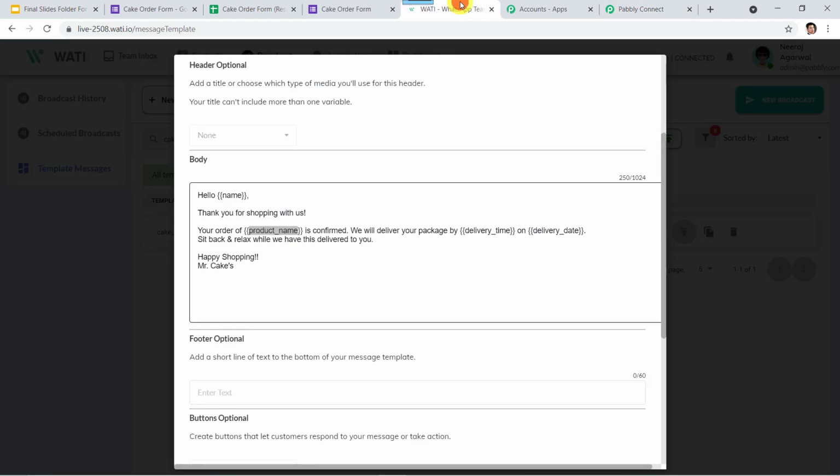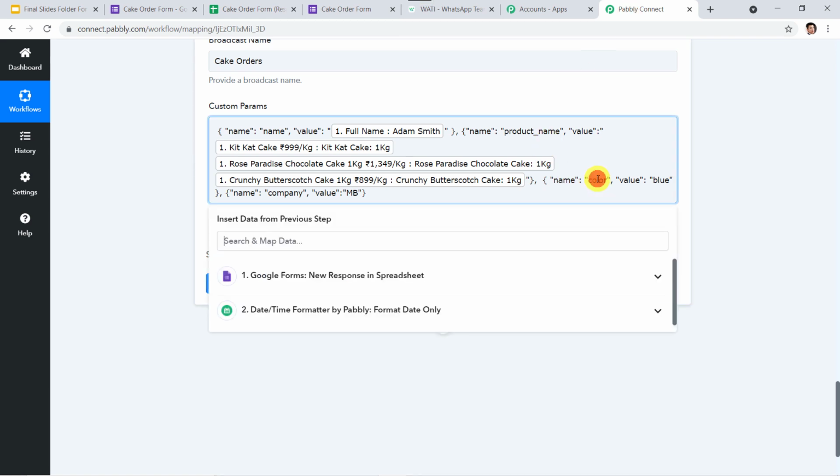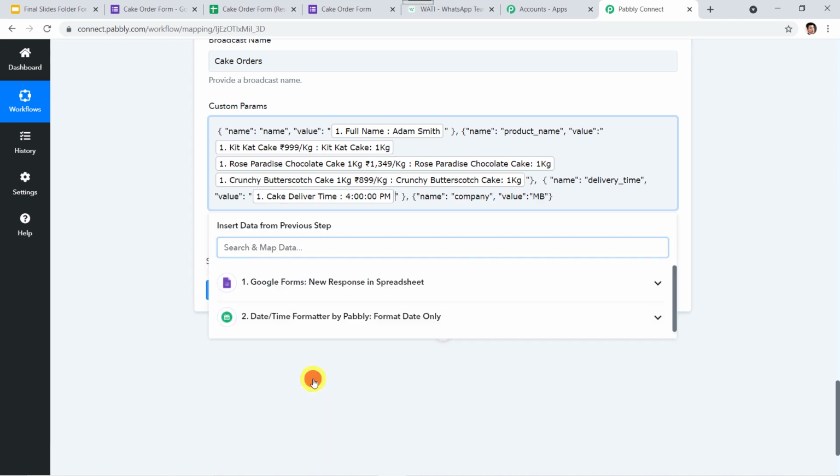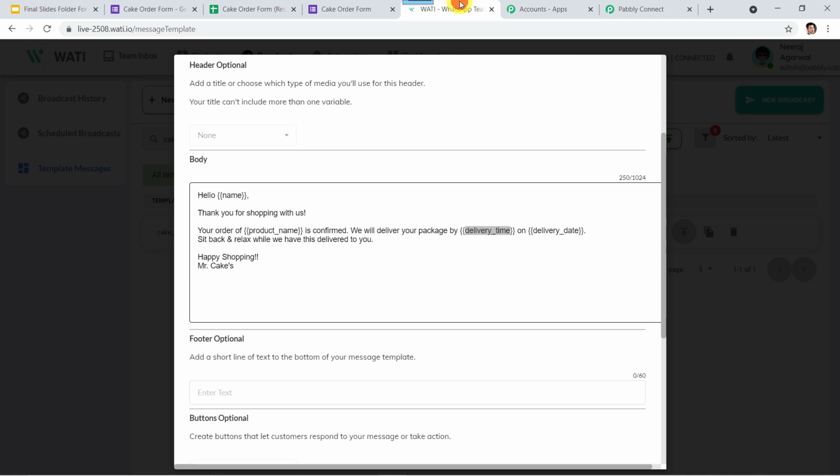Now when we go to the third parameter, that is delivery time, I'll just copy it, and here in the next parameter I will just paste the parameter over here, and the value should be the delivery time that was mentioned by the customer, that is 4 p.m. and the last parameter was delivery date.